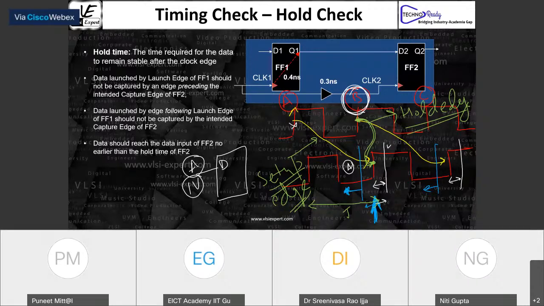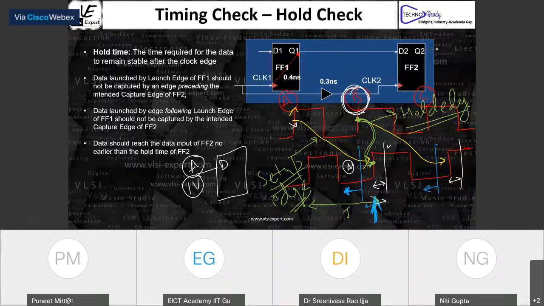The previous data is a 1, now the next one is a 0, and then 0 to 1. So the nature of the data can be different. Because of the nature of the data, the delay can be different. And if the delay is different, and then again we have minimum and maximum, we don't know which particular data we are talking about.